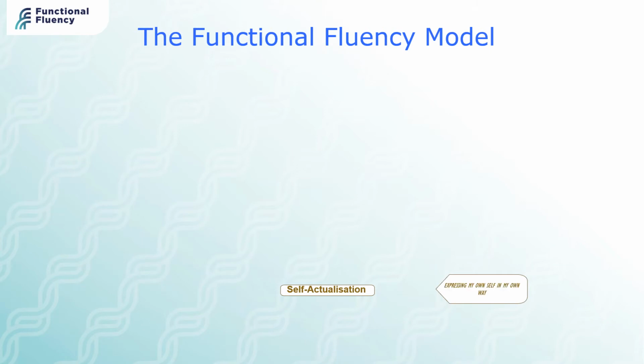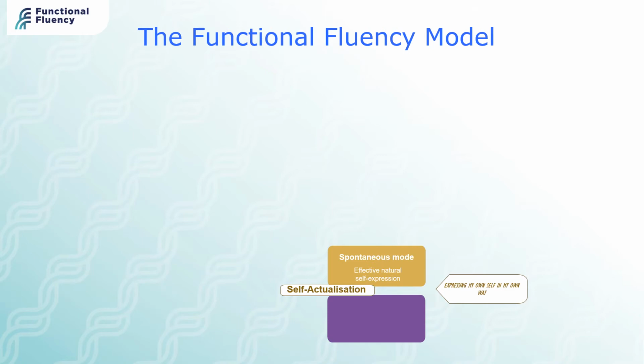And if we look at the natural side, the expressing my own self in my own way, this can either be done in an effective way or an ineffective way. The effective way of doing this we're calling spontaneous mode behaviour, and this is about expressing ourselves as individuals, showing our enthusiasm, our curiosity, having playfulness about ourselves, showing imagination, expressing our needs in a way which takes account of how our behaviour affects others.